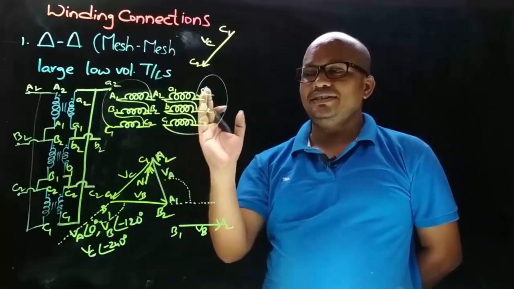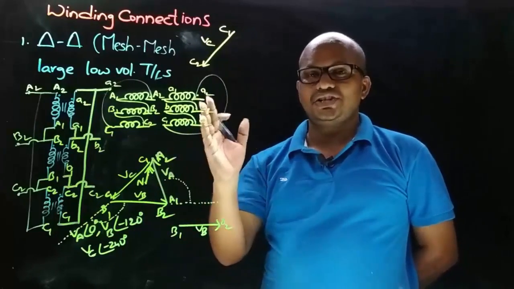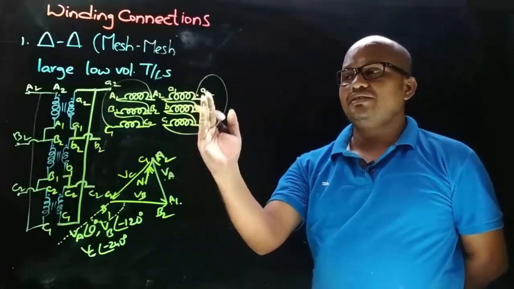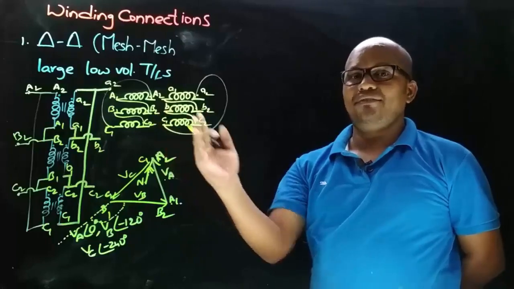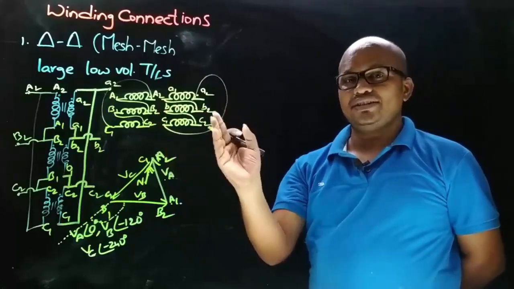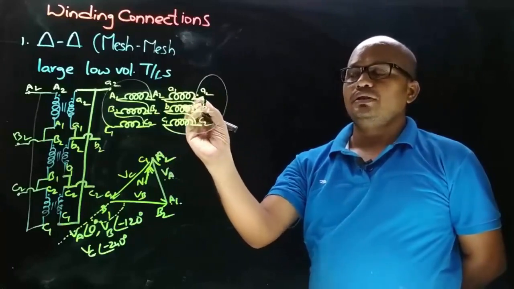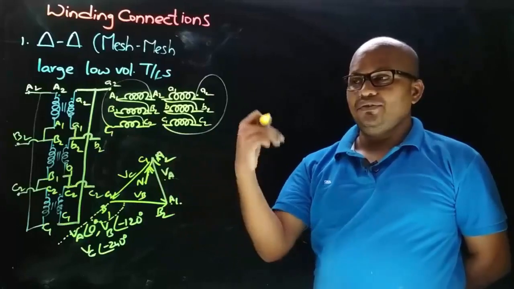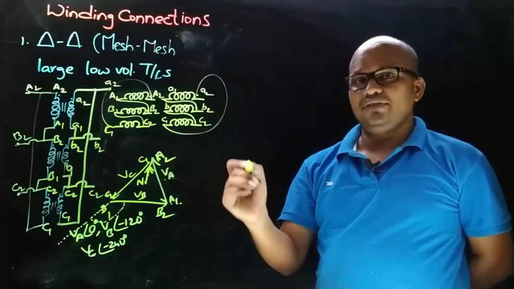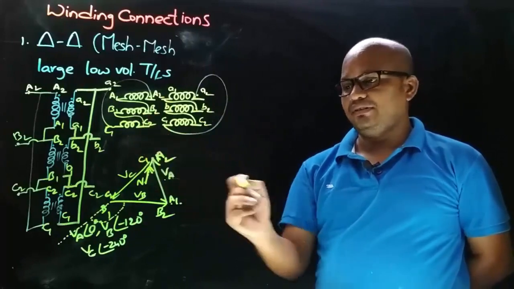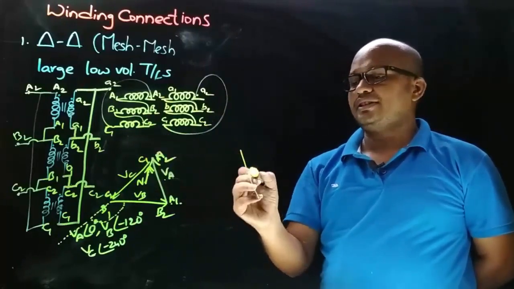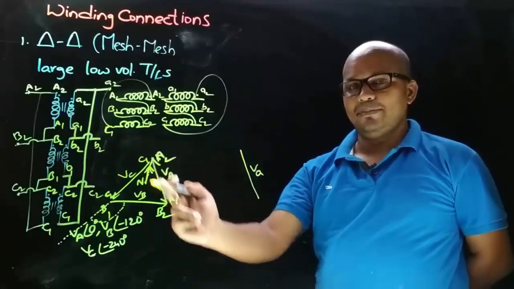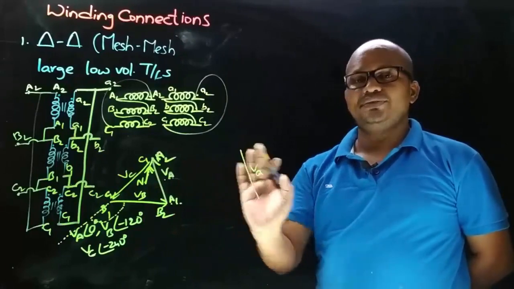And now let's draw the secondary side connection phasor diagram. Earlier we discussed that secondary side phasors are drawn in parallel with primary side phasors, and the direction of secondary side phasor depends on the connection we took from. So first let's draw the secondary side VA phasor. The secondary side VA phasor will be parallel to the primary side VA phasor. So this is the secondary side VA phasor drawn parallel to the primary side VA phasor. Okay, so this is one step.